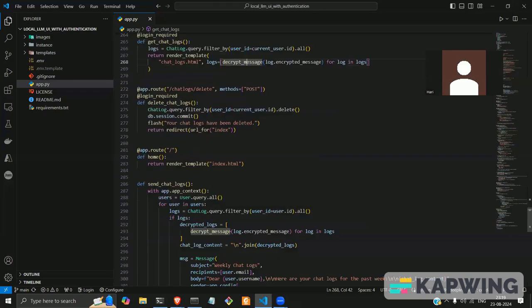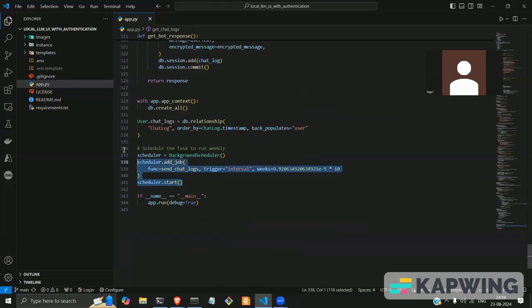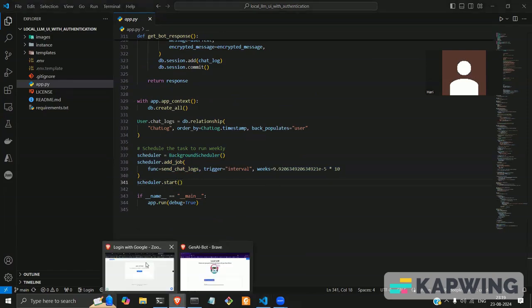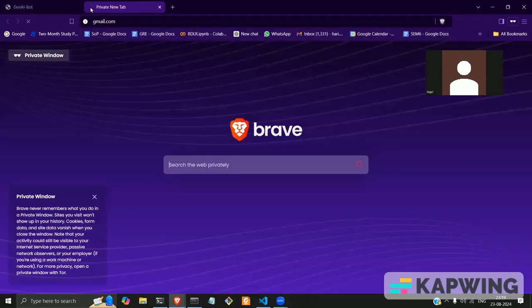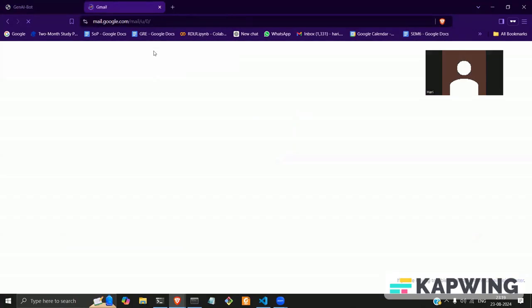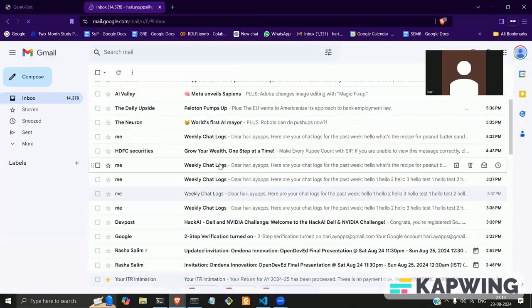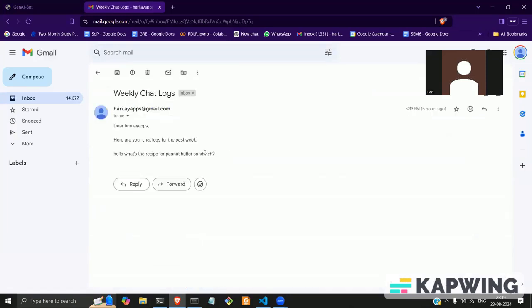And we also have, at the end, a scheduler function. You can schedule the duration up to which you want to see the log showing up in your email. I'd already enabled the scheduler. The scheduler is supposed to be weekly, but for the purpose of this demo, I've set it for every minute or every 10 minutes or something like that. So you can see this is the